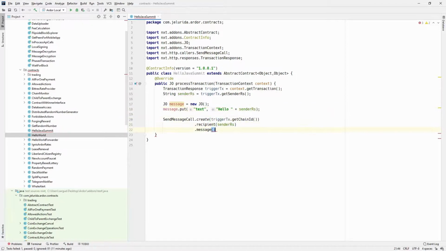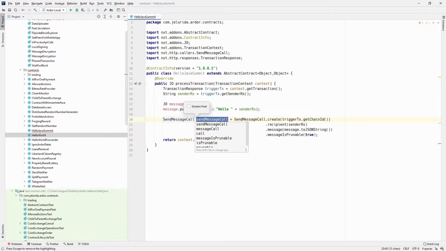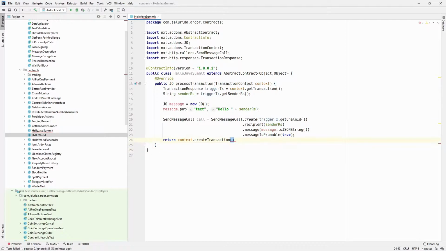So here I want to add the JSON string of the message as the payload of the message. So finally, I'm returning the transaction like this. So well, I need to write this call here like this. Let me send the call, and that's how it looks to send, which you can see it's quite easy to send a message back.